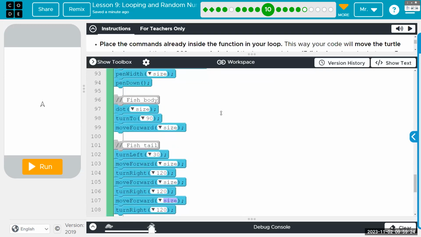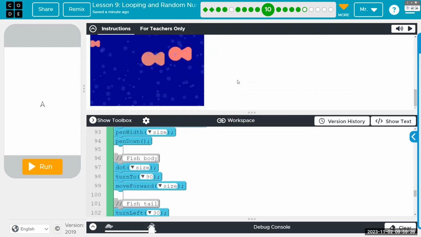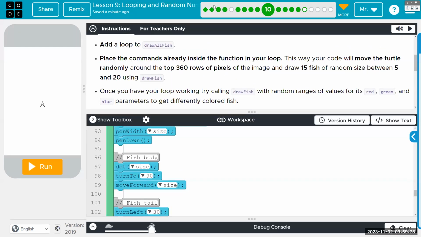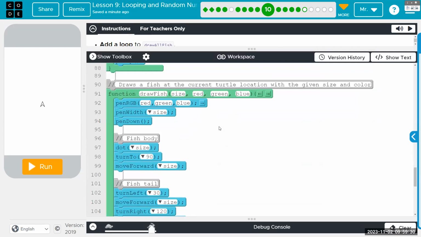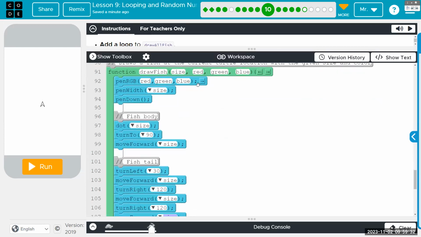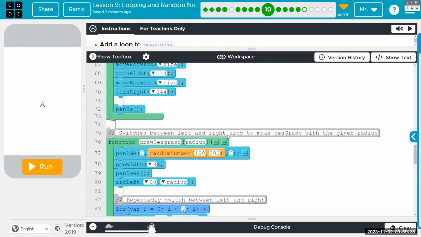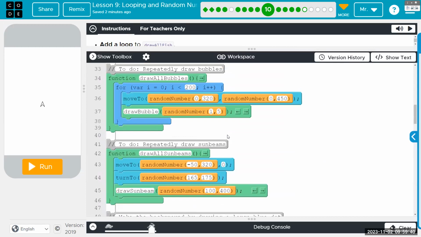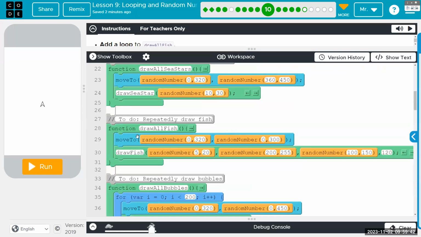And let me see, make sure we do. Okay. So what do we need? Well, we need a big loop that calls this a bunch of times. So up here at the draw all fish, which is on line 28, we need to add a loop.